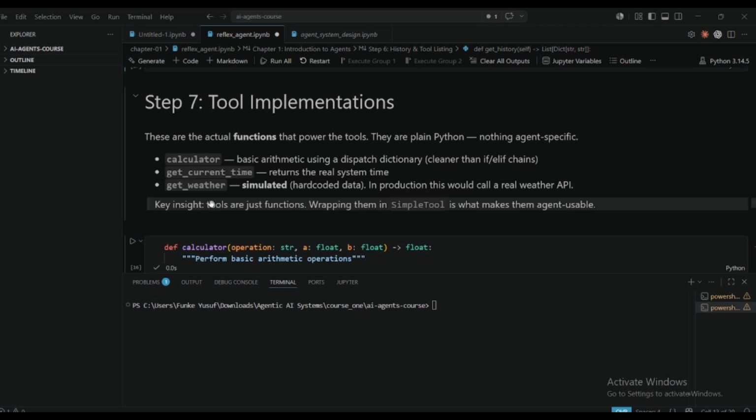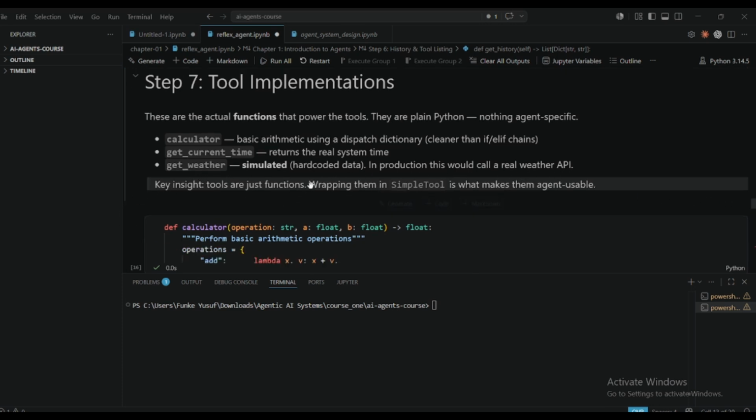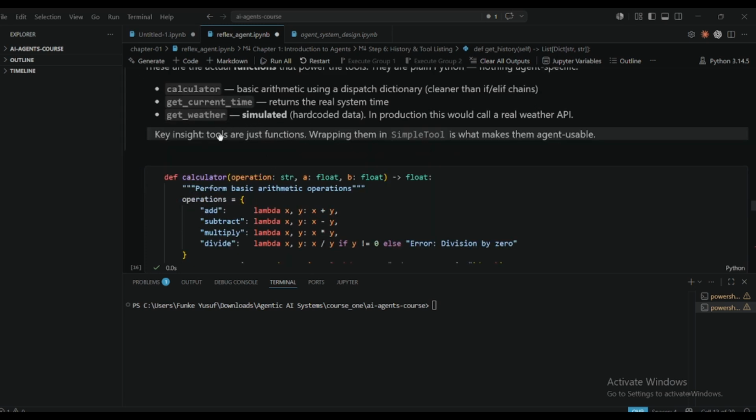We've defined our keyword that maps to the get current time function. We've defined the keyword that maps to the get weather function, which simulates hard-coded data. In production, we are going to be calling the weather API, not hard-coded data. And all these tools are functions, and we have wrapped them in the class that we defined